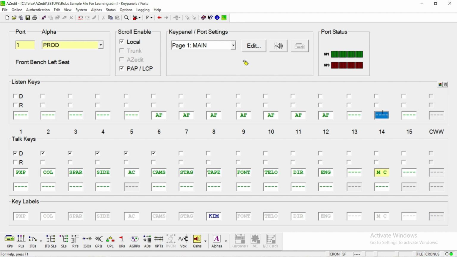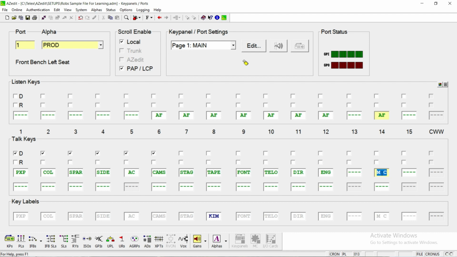Okay, and we're going to put an auto follow up here, and I'm going to describe to you the difference between the function of this key and this key, because I think you're probably bored with names right now. Okay, so this key would be a point-to-point connection between the telephone line and the producer, and no one else can really interrupt in that or contribute to that conversation in any meaningful way, because if they talk to the telephone line, then the producer doesn't hear them doing that talking, and if they talk to the producer, then the telephone line doesn't hear them doing that talking. But if I make a party line here, like I did in master control, and I give